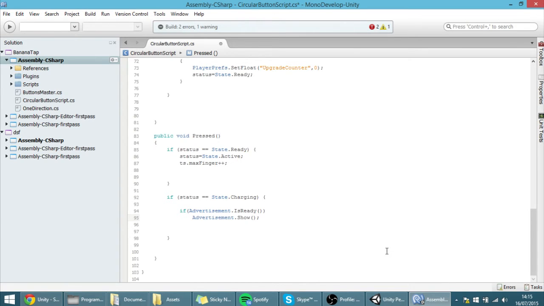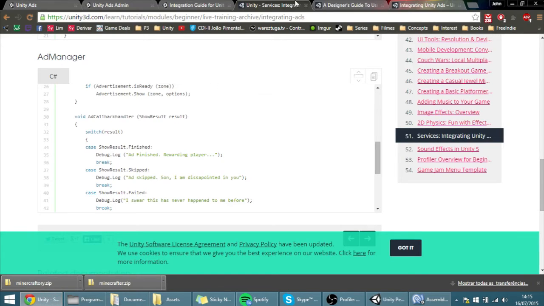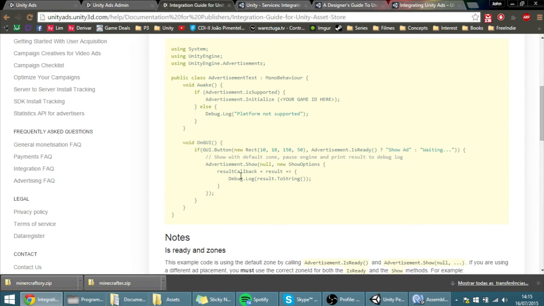And this displays the ad, but it actually doesn't do any action. And what you want to do is whenever the person clicks it, after it watches the whole ad, then the status of the button will be ready again, so that we can click it, like so. So to do that, I'm going to actually copy from the integration guide over here, this part over here,